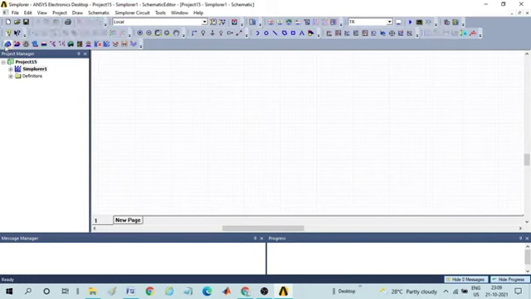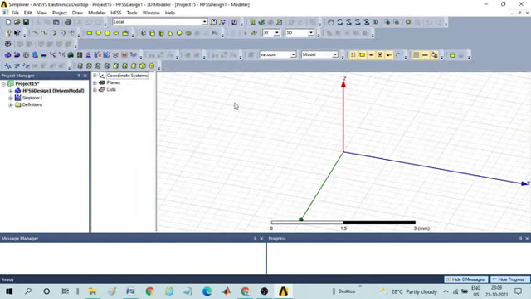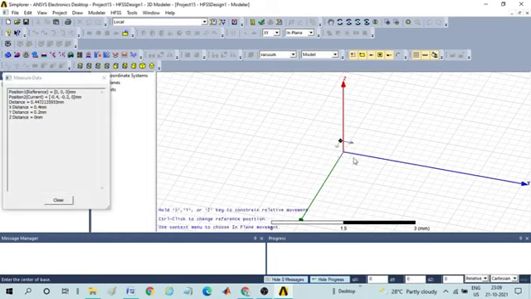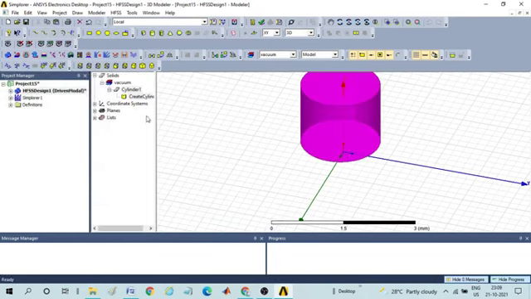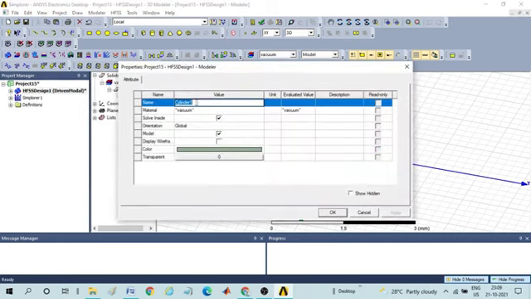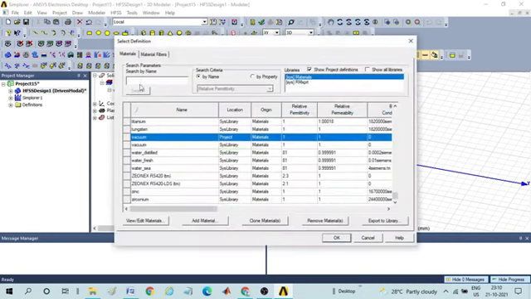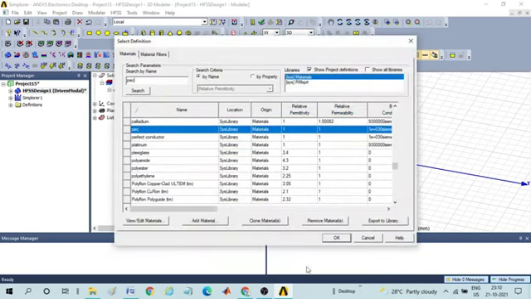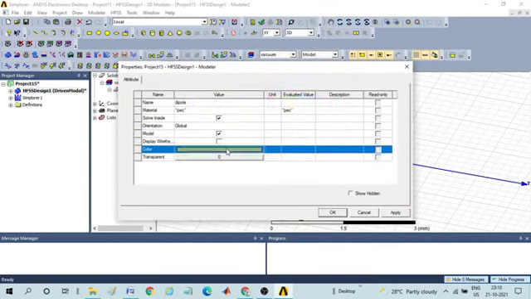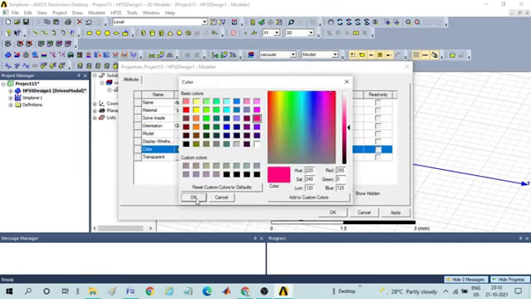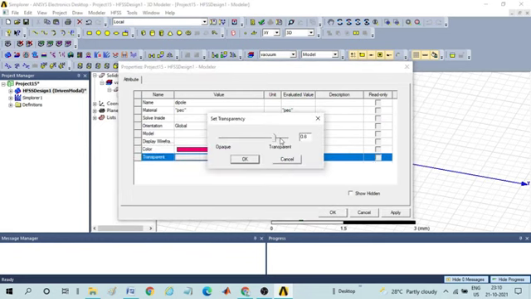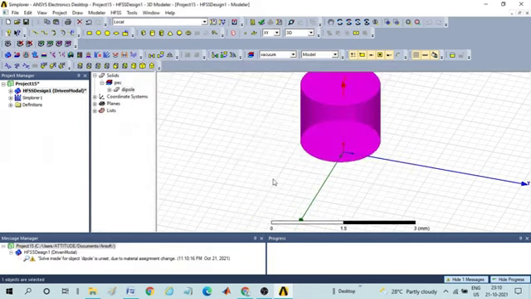So let us look into the 3D model. First click on insert HFSS design. You will get a 3D workspace like this. As we have considered it to be a cylinder, let us draw the cylinder somewhere. It need not always be aligned. I am renaming it as dipole and giving this as PEC, because I want it to be a perfect electric conductor. Assign some other color, then some transparency level which you are comfortable with.